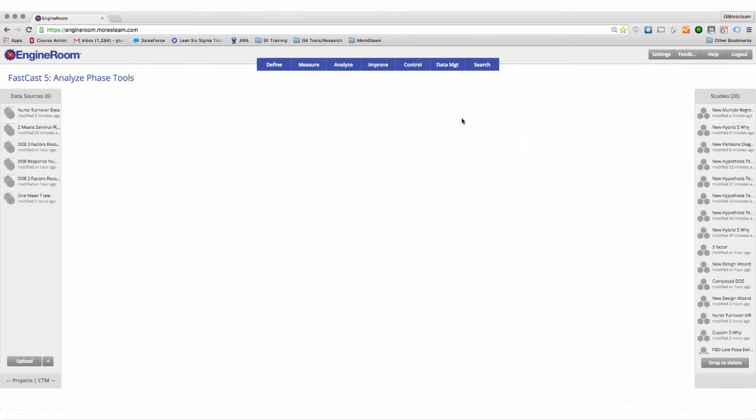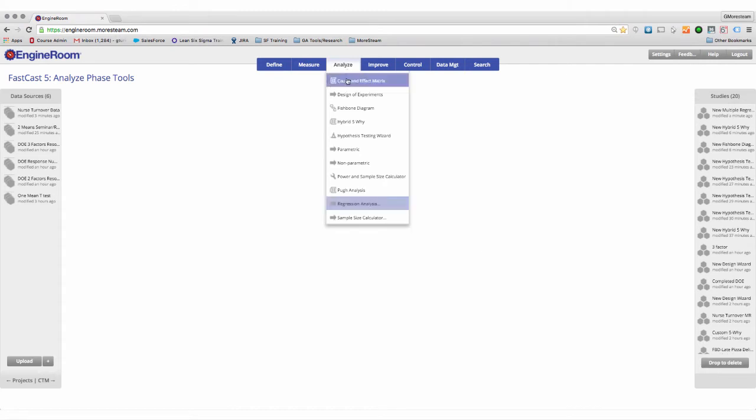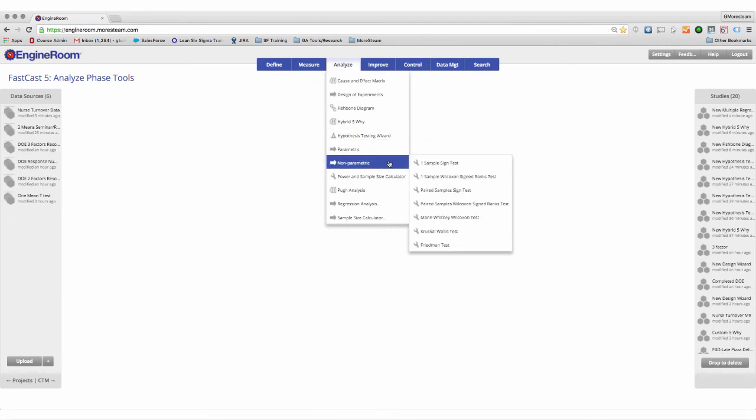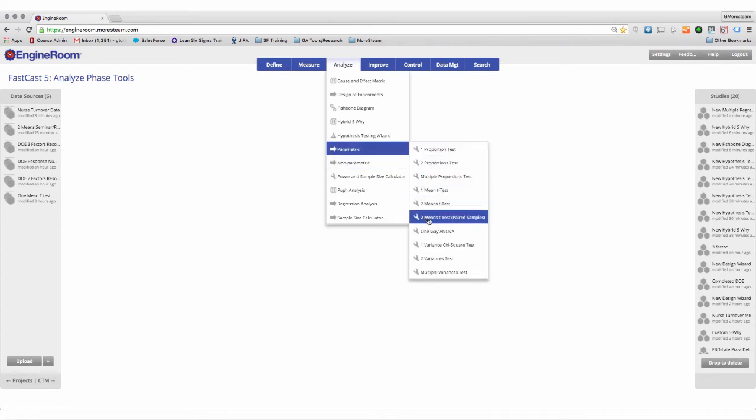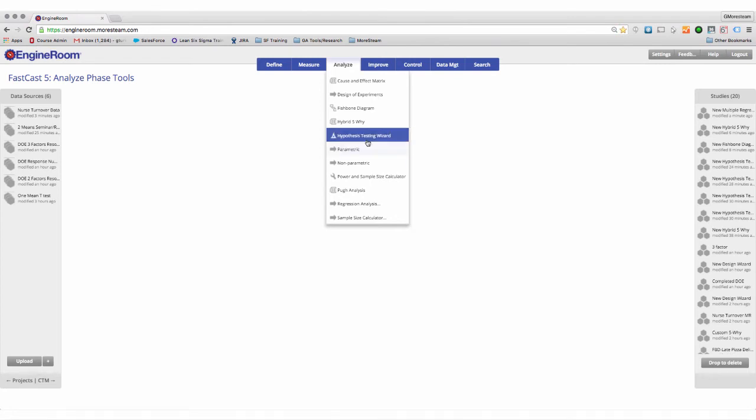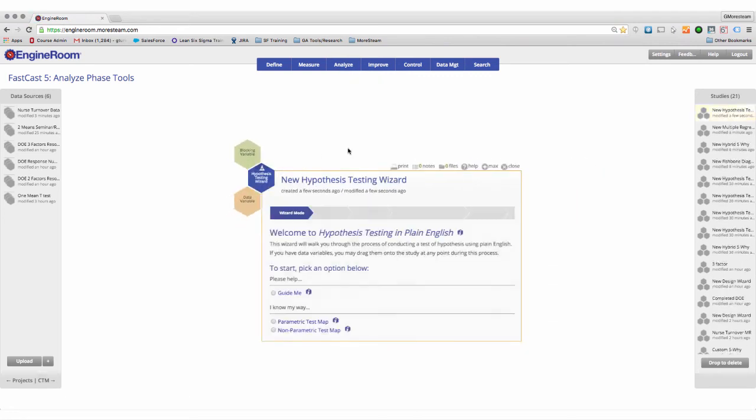Close out of this. So for hypothesis testing, we've got a couple of ways that you could go about performing it. You'll see here that there is a hypothesis testing wizard. There's also parametric and non-parametric. All of the non-parametric and parametric tests will be contained in the wizard, but if you already know what specific type of hypothesis test you want to run, you can use this parametric or non-parametric pop-out to hand select which test you'd like to do. For the sake of this demo, though, I'd like to use the hypothesis testing wizard. So I'll open up my hypothesis testing wizard,